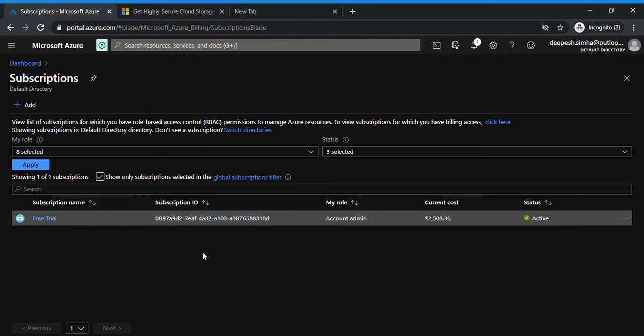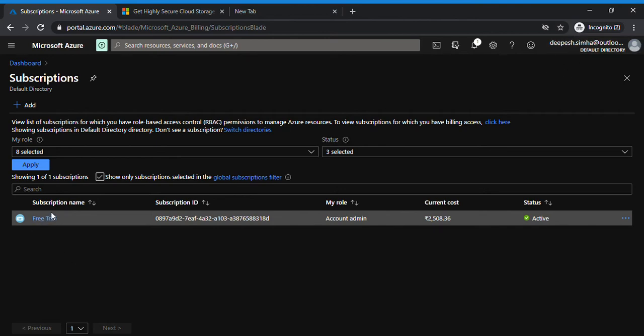And in real time, guys, you may have multiple subscriptions. It's not about only a single subscription, right? If you join any company or organization that has a number of clients to handle on Azure cloud, you may get access to multiple subscriptions. So be a little careful while handling them: which subscription you are working in, and what you're creating in which subscription. Don't assume that there is only one subscription in one account. It's not like that. You can keep multiple subscriptions in a single account.